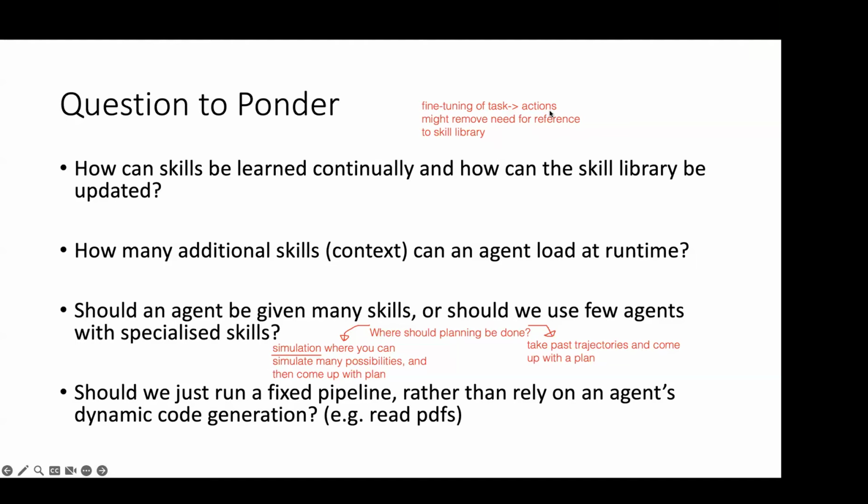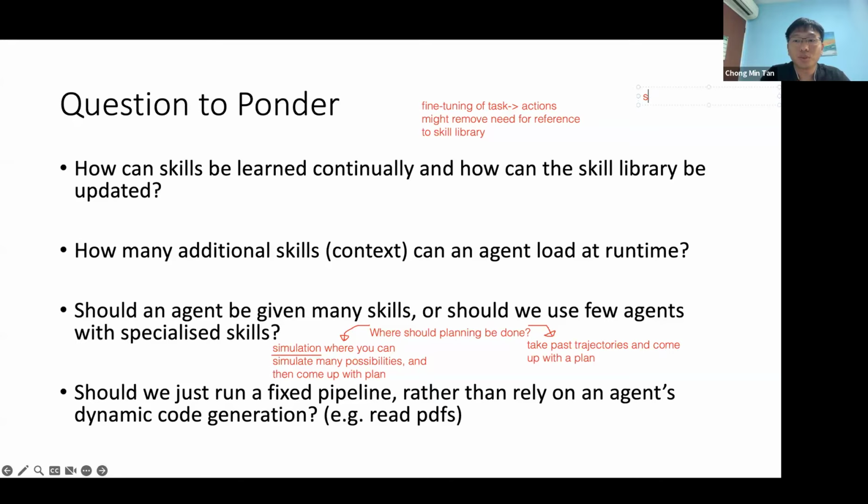Right, yeah. So pretty much your long-term memory is going to become the parameters, and then your short-term memory is just going to be the active skill library that you constantly update quickly. And eventually, when you reach a stage whereby when you get the task, you straight away get the action, you can remove that from your skill library, because your skill library is for things that do not exist or things that exist